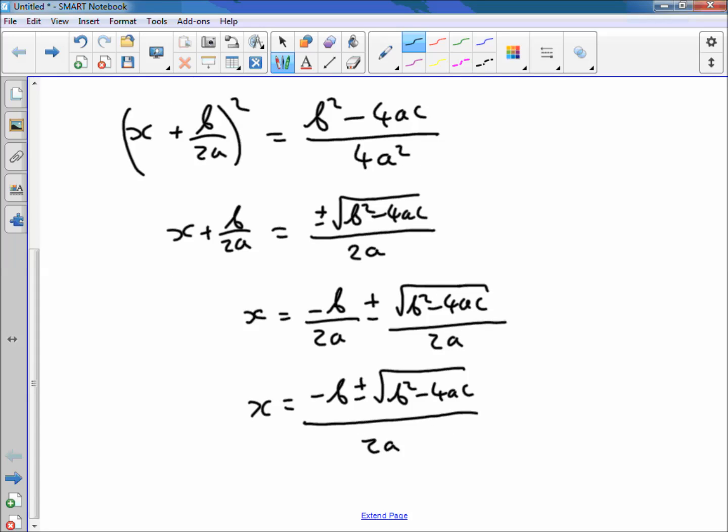At GCSE, you were given that on your formula sheet. At any level beyond that, you are going to be expected to know it, I'm afraid. So I strongly suggest